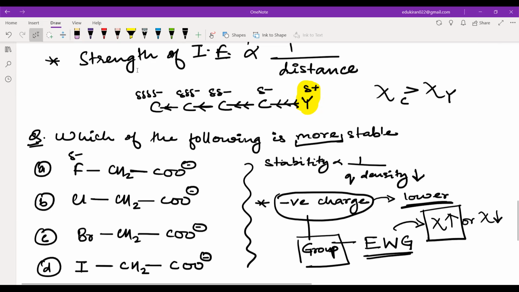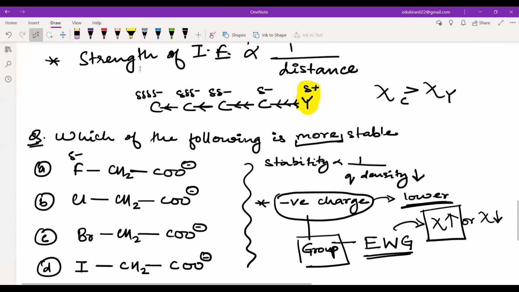It is not because the charge is reduced. How can charge get reduced? If you have a negative charge, there will be a negative charge. The only thing electron withdrawing groups can do is distribute the charge over the whole molecule, right? So this delta negative will be there on fluorine. That is why the negative charge which was present here is not localized anymore. It is delocalized through sigma bonds, and the charge density is lowered.